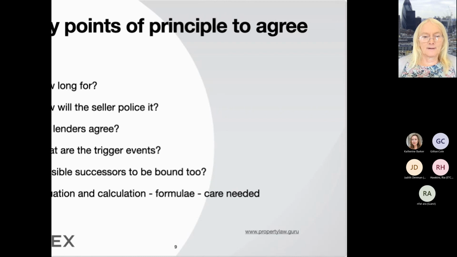I'll give you an example of things that got wrong. I had a client who came in, he'd agreed overage on the basis that they paid £25,000 per house, and they were intending to build 4 houses, so he'd have to pay £100,000. A couple of years later, he came in and said, look, I've got round it. What I've done, instead of going for 4 houses, I've gone for a block of 10 flats. So that way I won't pay any overage, because it was only payable on the sale of houses.